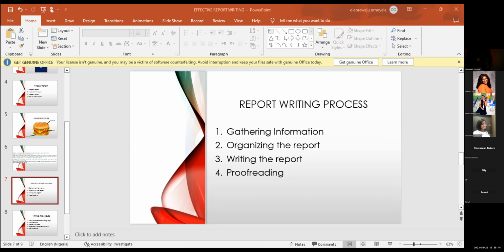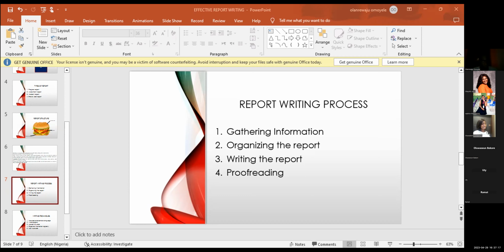Okay, like I said, when I started writing reports, my boss would tell me, "Oh, put yourself in the parents' shoes. Write it as if you are writing to the parents. You are the parents. How would you feel?" That's the tone. That's how you're going to write your report. If I'm the parent, and I get this report from my child's school, how will I feel reading this report? That's the tone you are going to use to write your report.